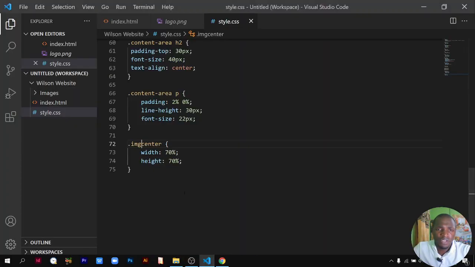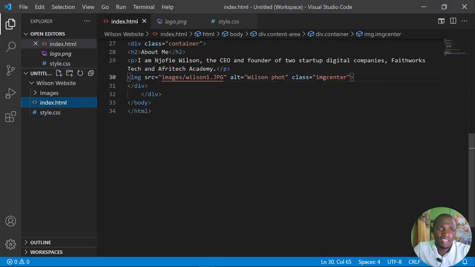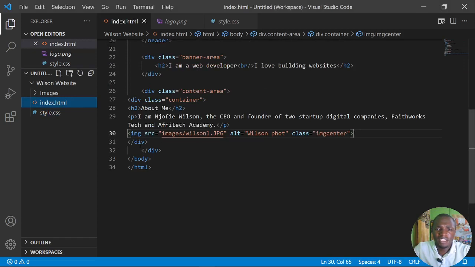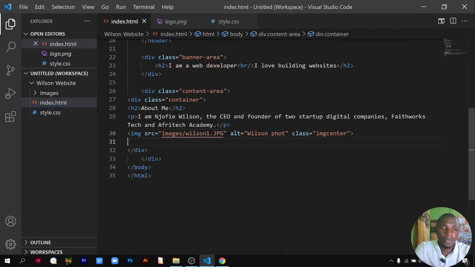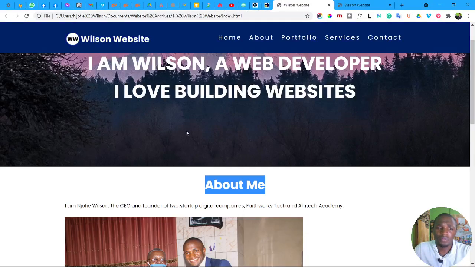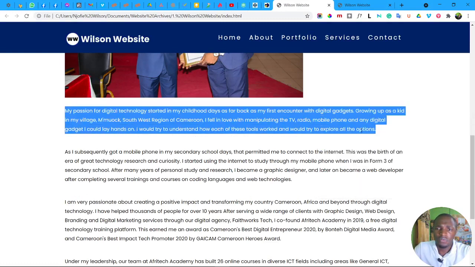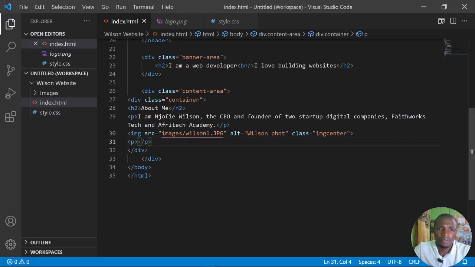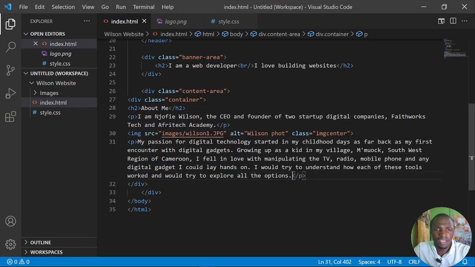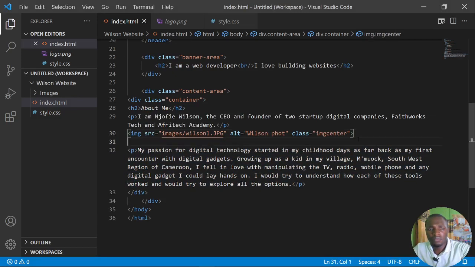So the next thing, after the image that we added, we are just going to continue to add more text inside our paragraph. So let's add more text in our paragraph. Let's just copy this text, and we put it here inside this paragraph tag. We can even copy the paragraph text and put more paragraphs,